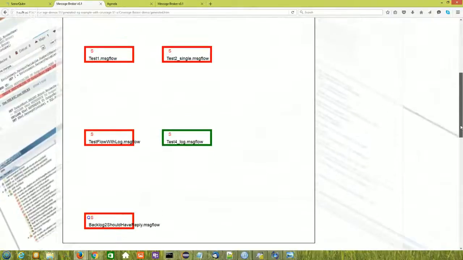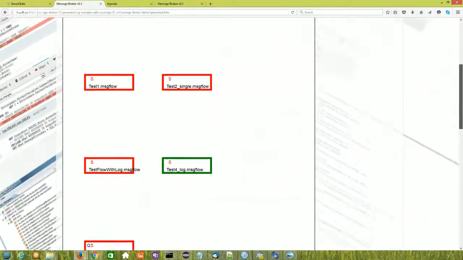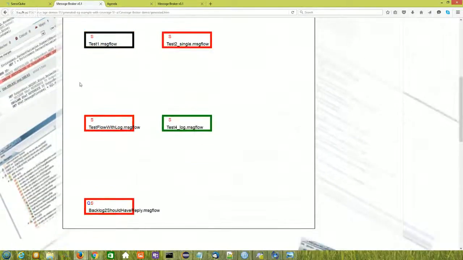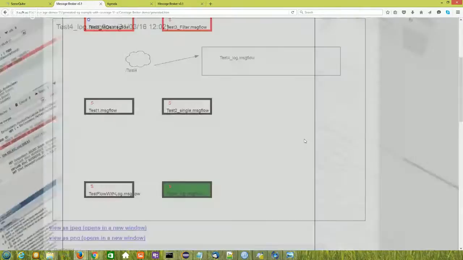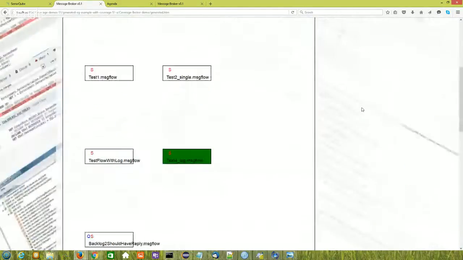Ideally, if we're doing our unit testing and our integration testing with some sort of automatic tool, we'd like to see all these boxes as green to indicate that they've been executed. Oops, I'll just turn those off. So green shows that